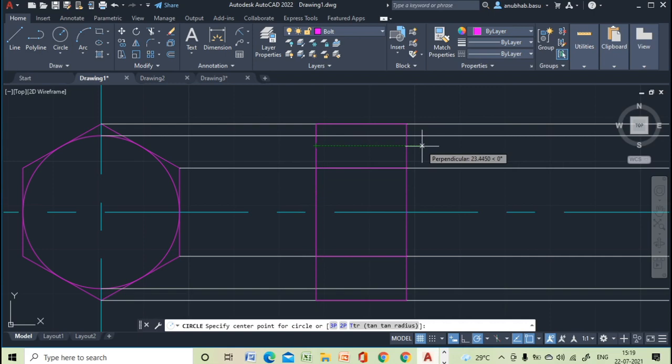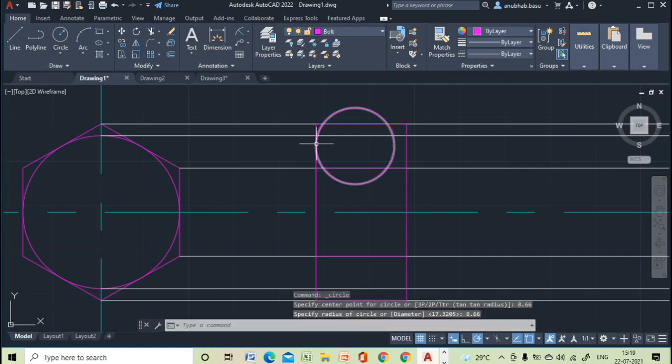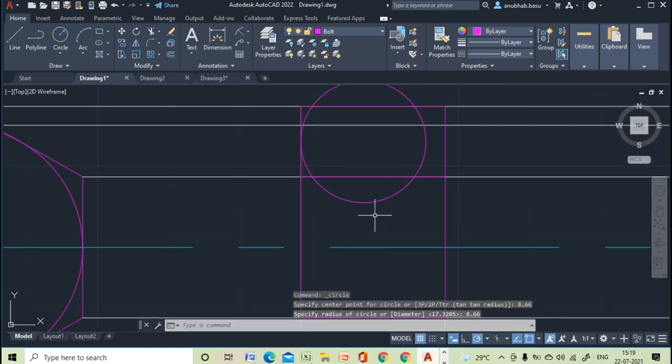So this distance will be 8.66. So we will draw a circle whose radius will be 8.66. Okay, so we have drawn the circle.